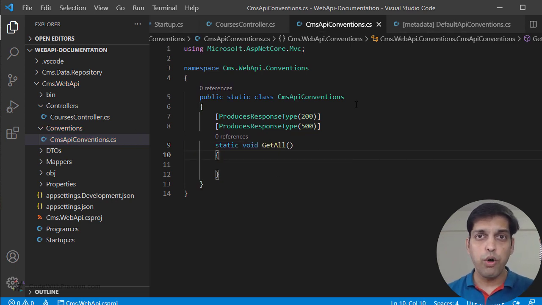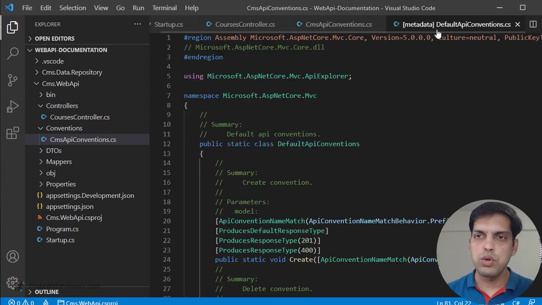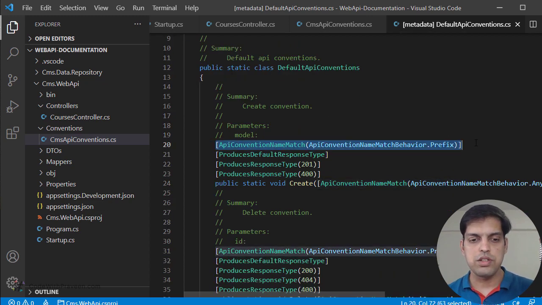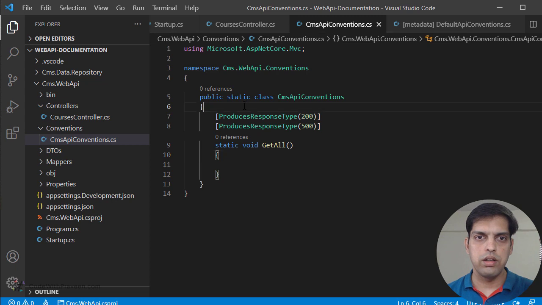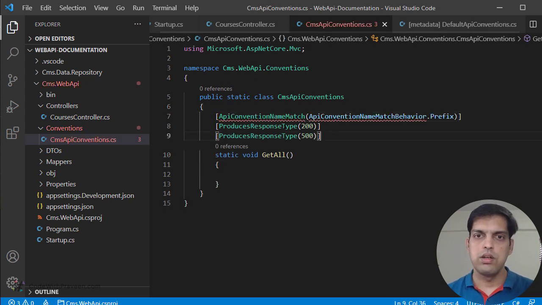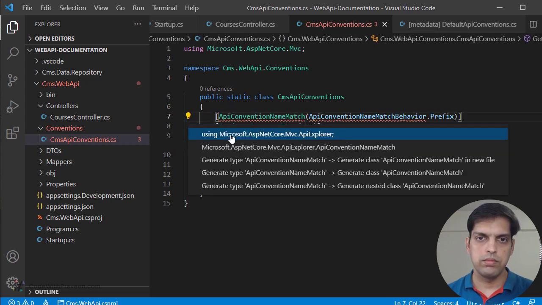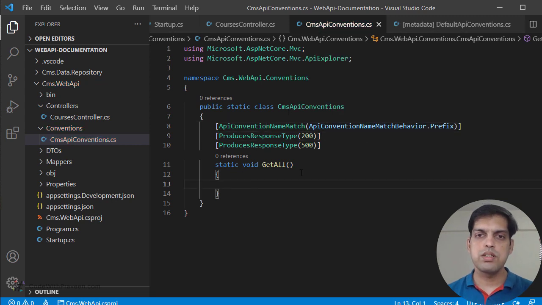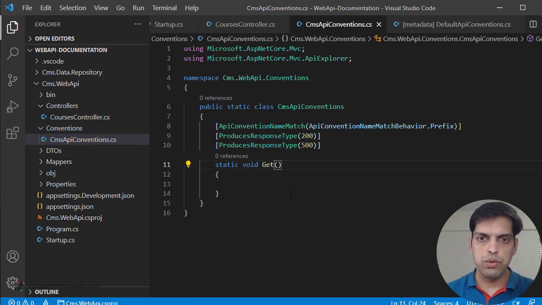Next, there is another important point that you need to add over here. That is the name matching preferences. If you refer to the default API conventions, we have this API convention name match. Let's copy that and paste it here. Okay, so let me remove get.